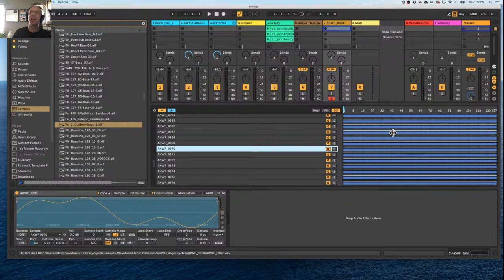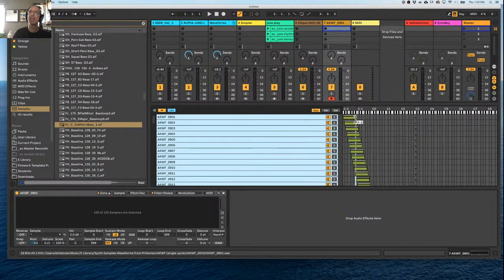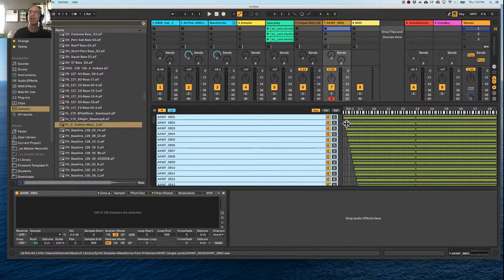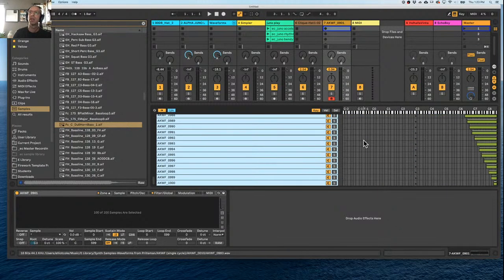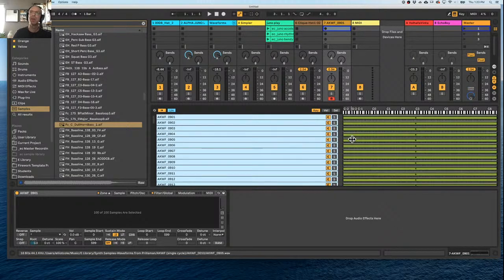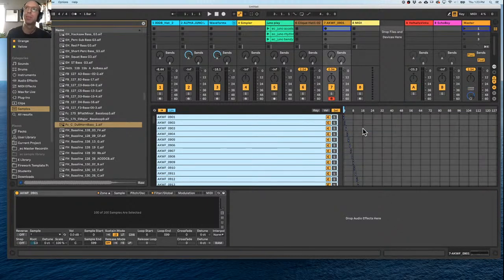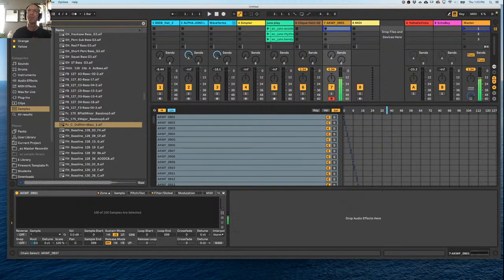Okay, the last thing in this area that I want to show you is the selector. So this is also just like in racks that we've seen. I'm going to take a different idea for this instrument. I'm going to make all of the samples play for all notes, but have them different ranges of the selector panel. So I can say distribute range equally. And now